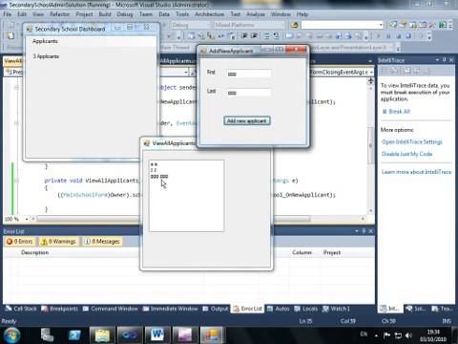Okay, what we'll move on to in the next series is doing team development, and we'll see how we can take advantage of Team Foundation Server